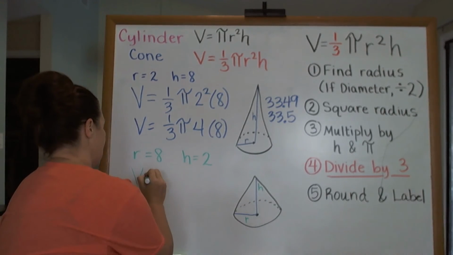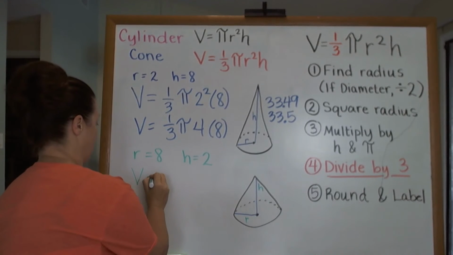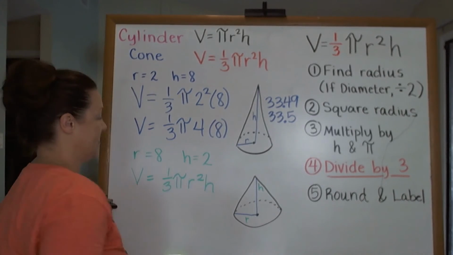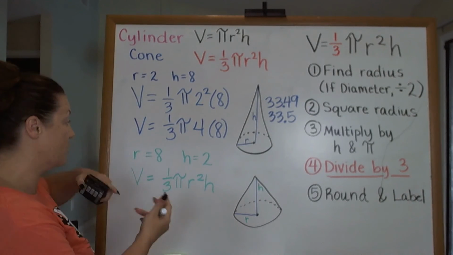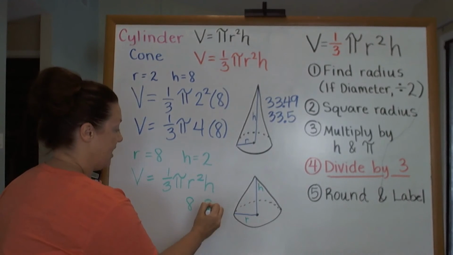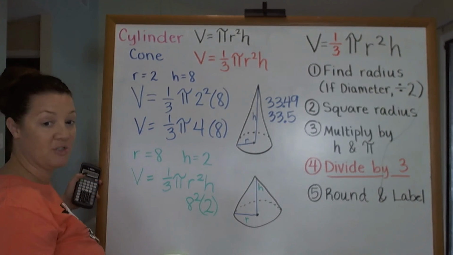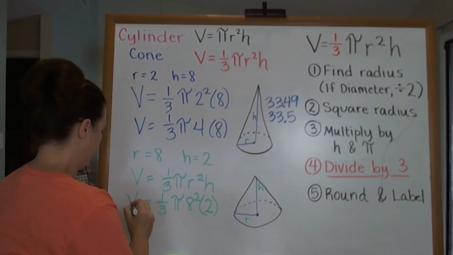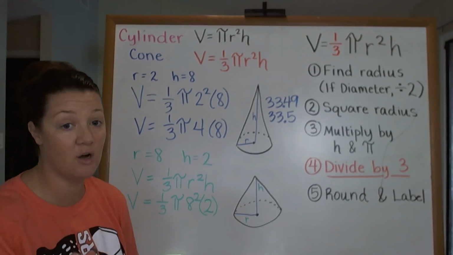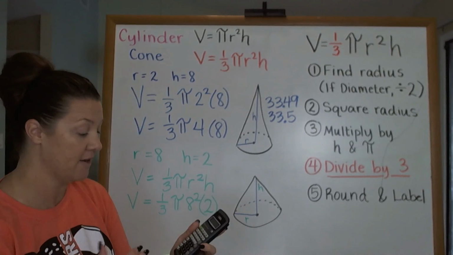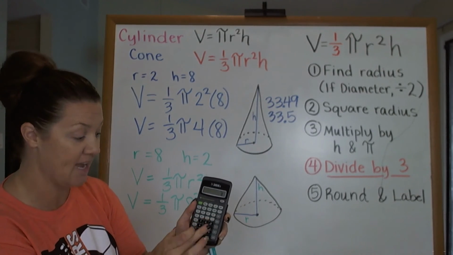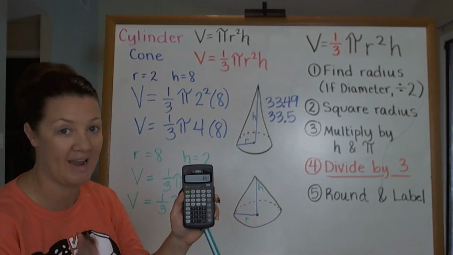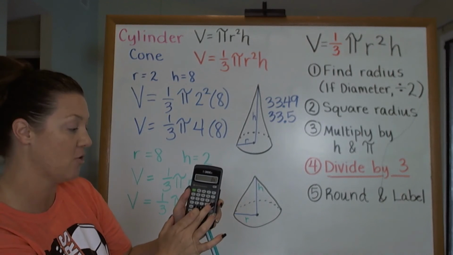So volume equals 1/3 times pi r squared times height. All right, let's plug in what we know. We know radius is 8, and we know our height is 2. So make sure you square that radius. Okay, so if you know what 8 squared is, you can start off with that in the calculator. If you don't, then type in 8 times 8. Remember, we're trying to have these memorized all the way up to 15 times 15. So we should know 8 times 8 is 64. All right, take that 64, multiply by 2,